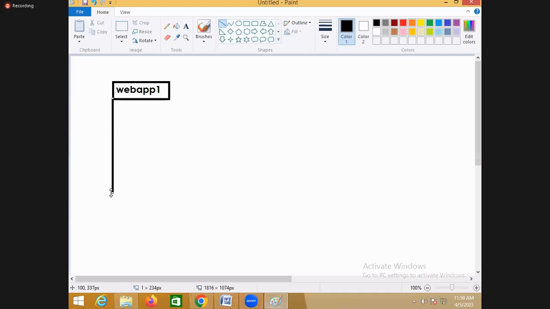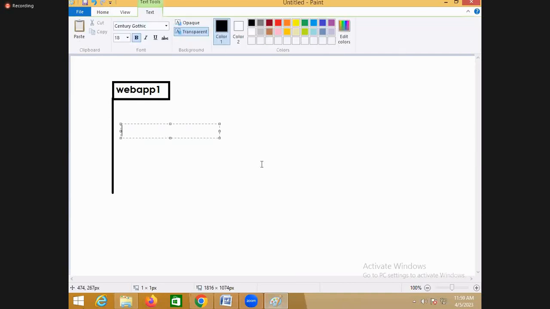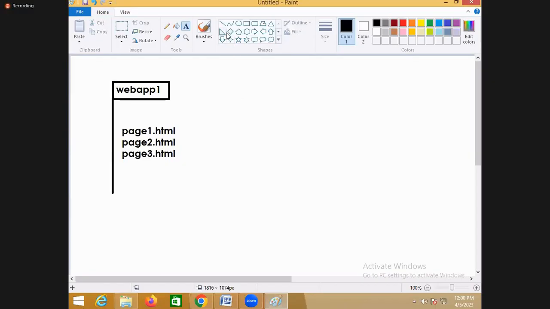Web application one is there, and inside this there is a page one dot HTML, a page two dot HTML, and yes, there is one more page, page three dot HTML. Right. So, for example, assume that now in page one,